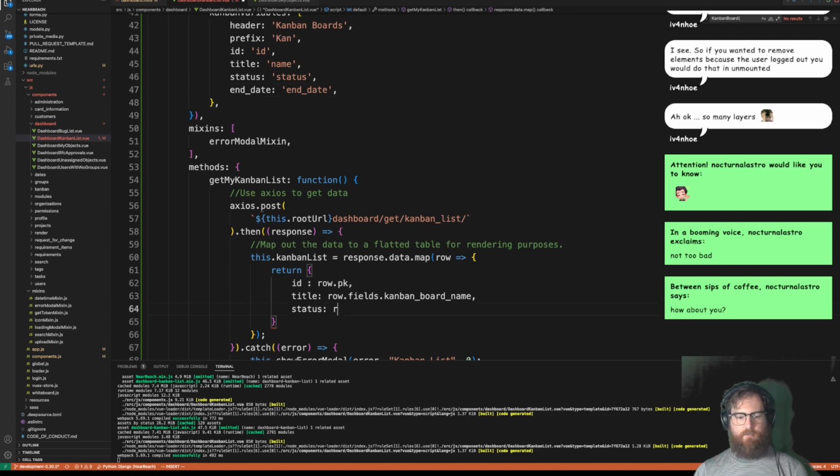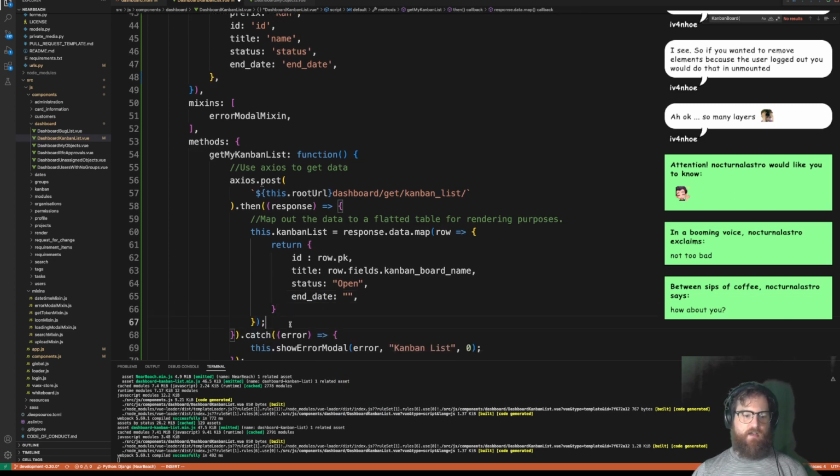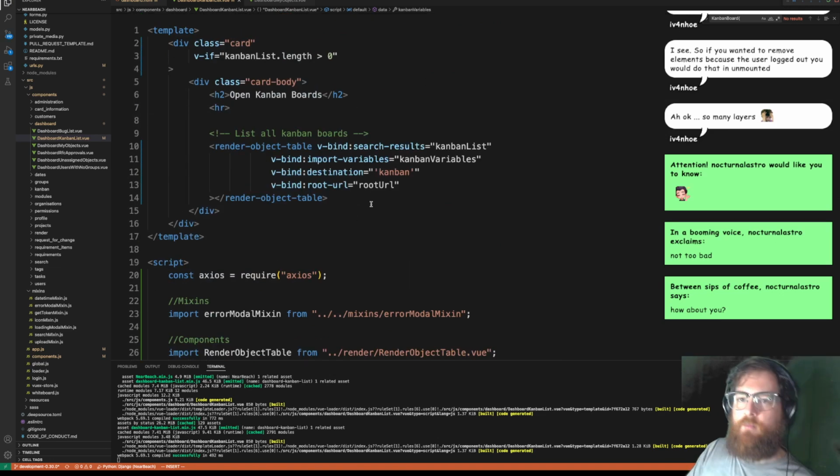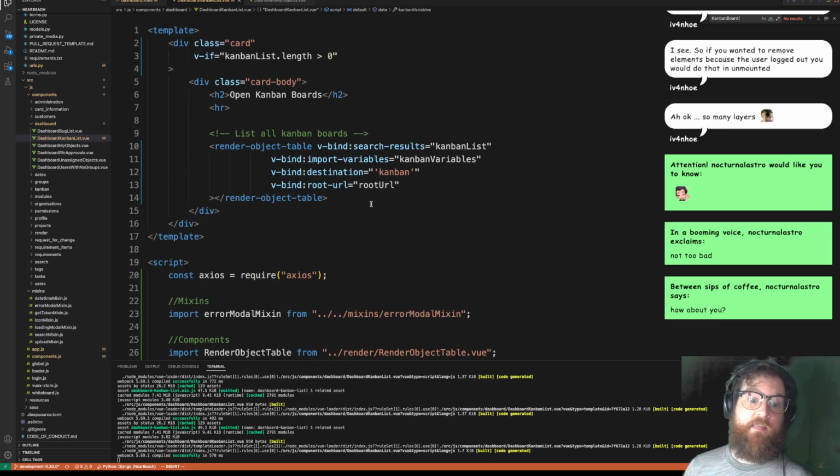The status will actually just be opened. It's just open, and end date will be nothing, right? So that will map that data into that particular format. This will pick it up and send it to our rendering object table. And inside there, what it does is it uses those variables and stuff like that to render out the correct sort of thing. All right,